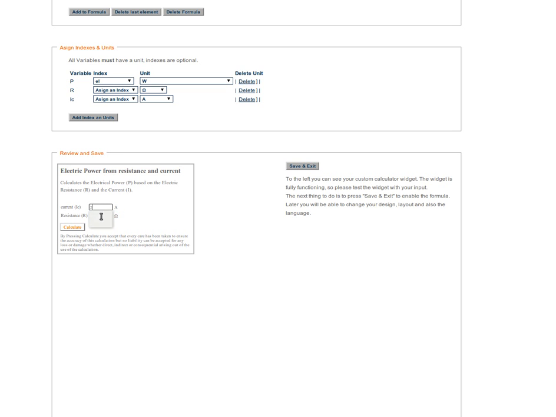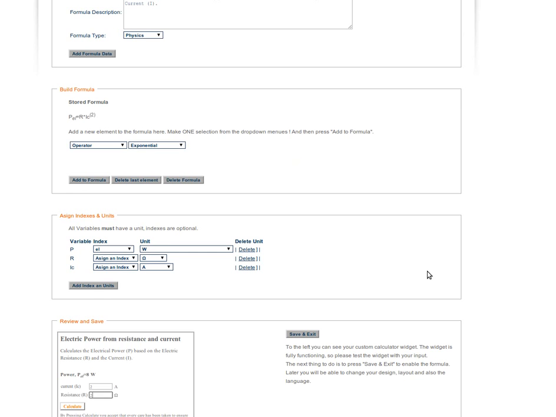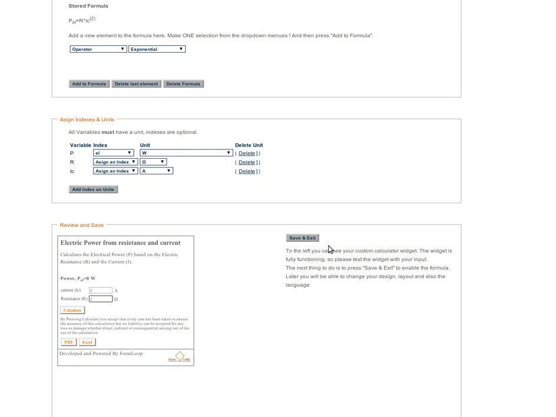So now we can test it because this one is sharp. It should say 8 now, and it counts the power, electrical power, 8 watts from 2 amperes and 2 ohms. So it's right. So now we're done. Now we added a complex formula. Just press save and exit,